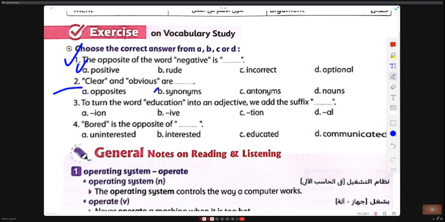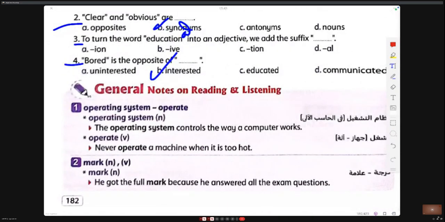Yes, synonyms. Okay. To turn the word education into an adjective, we add al: educational. Bored is the opposite of interested.